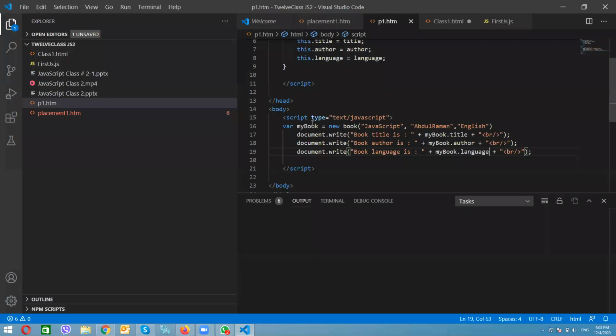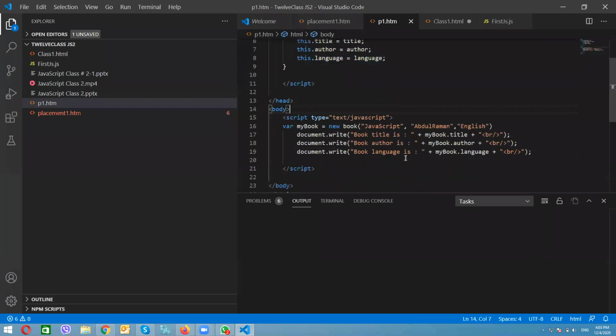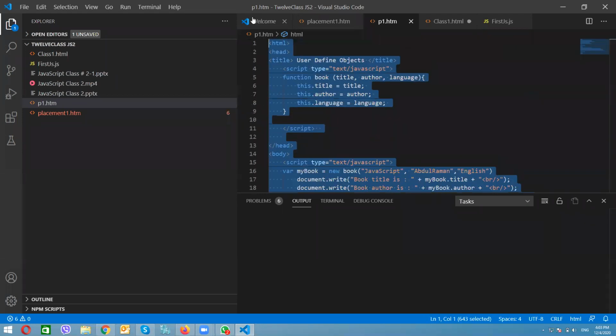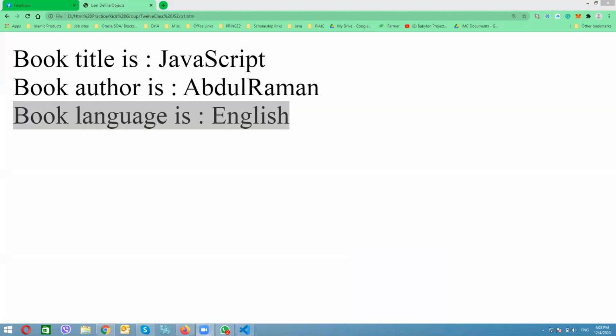So what happened here? We created a function and assigned the values with this variable. Later on we will learn how to assign these values by way of user parameters. The user will input some value, and then we are able to retrieve that data. So this is another way of defining the object. I will write this over here for you guys to practice at home.